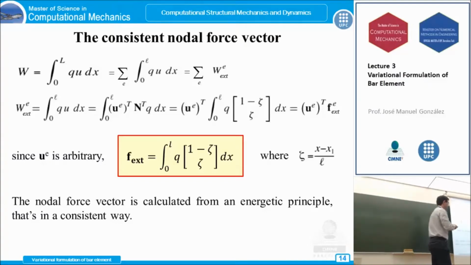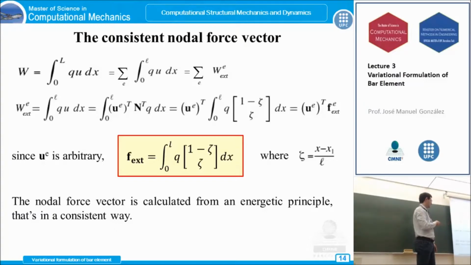So, taking into account this displacement is arbitrary, this consistent nodal vector is calculated this way. Remember that this natural coordinate is the fraction of the length of the bar element divided by the total length of this bar element. So we can calculate this nodal force vector in a consistent way coming from this